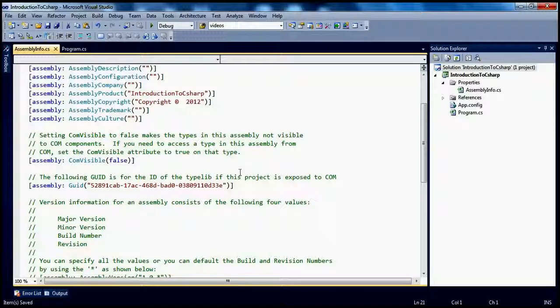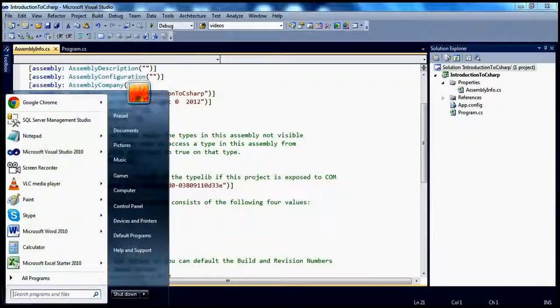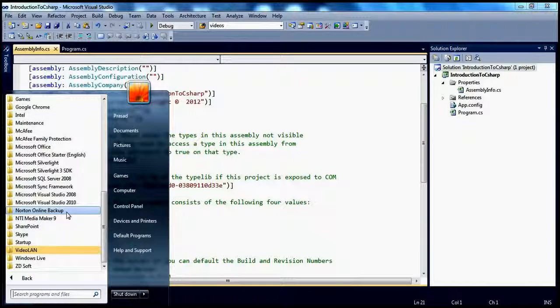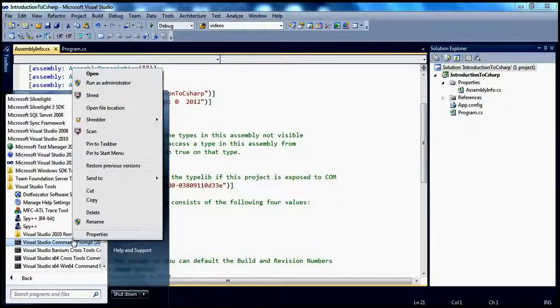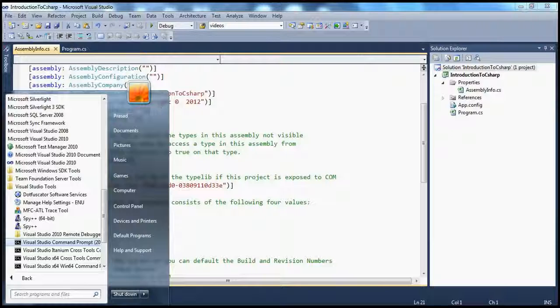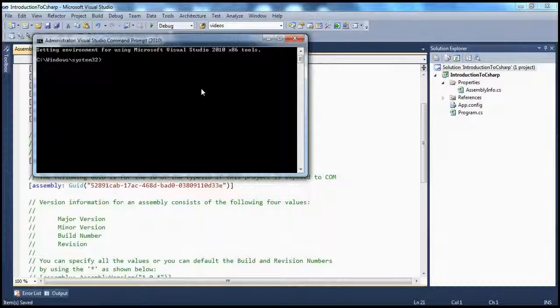We can use this particular tool to actually generate the key pair. And again, to use that tool, we go to the Visual Studio command prompt because it's a command line tool. So let's go to Start, All Programs, Microsoft Visual Studio 2010, Visual Studio Tools, and Visual Studio Command Prompt 2010. Right click, Run as Administrator,